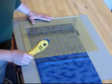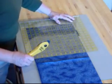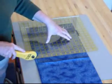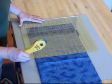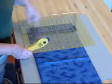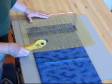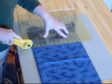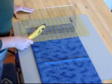I slide the ruler to the 12-inch line. Line up the 12-inch line with the edge of my fabric, again making sure that I stay at a true 90-degree angle, and I make a cut. Slide my ruler another 2 inches to the 10-inch line, again checking to see that I stayed square, cut. Go to the 8-inch line, line up the square, make a cut, move to the 6-inch line,